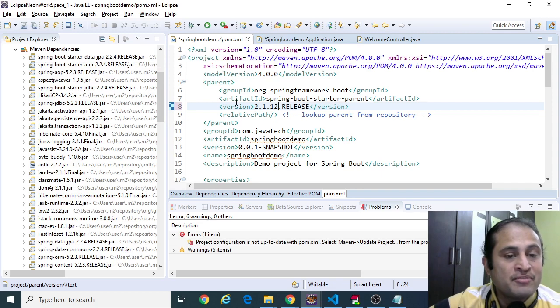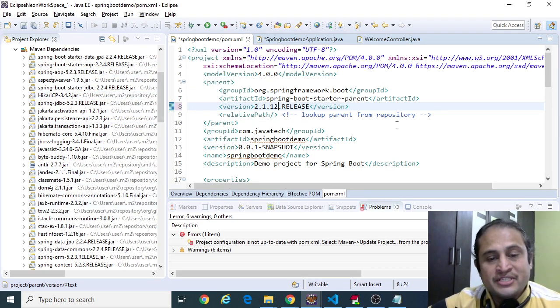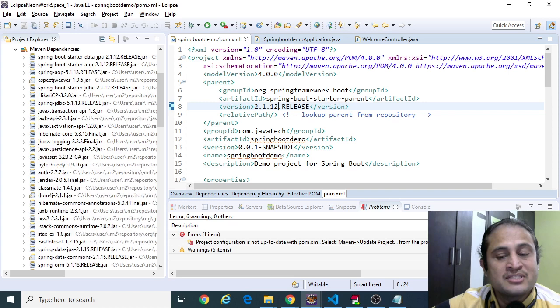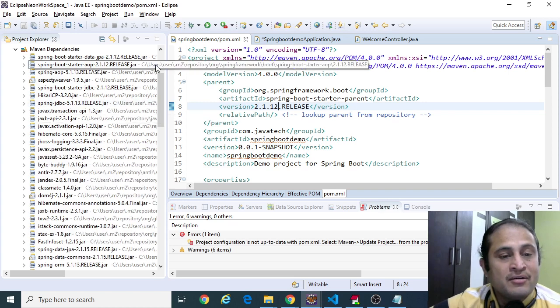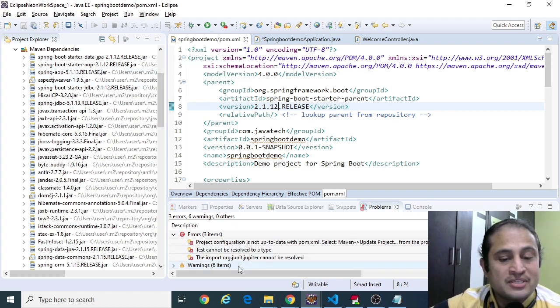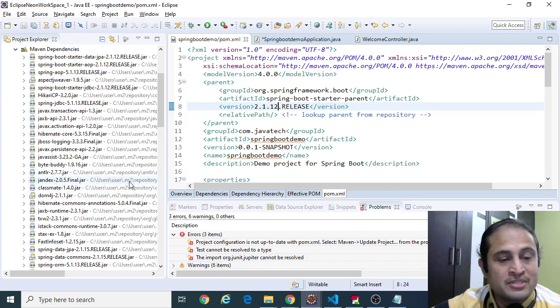Those 2.2.4 release jar files are there, all the Spring Boot starters. If I change it to 2.1.2 and click on save, it goes to the Maven repository and downloads all the necessary versioning changes. Everything has changed. Now these are all 2.1.2. I think some JUnit import cannot be resolved, it was saying.